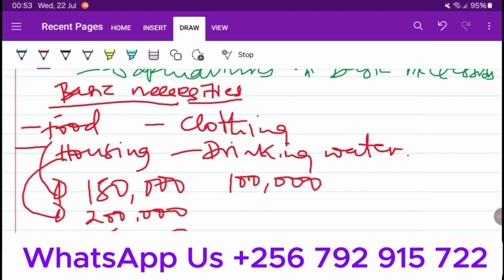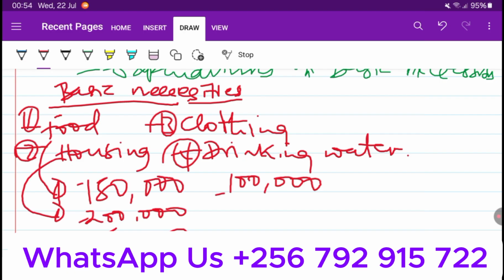Just getting the average of these values by adding the 150 plus the 200 plus the 50,000 plus the 500, and then I divide by 4 because the items are 4. This is 1, 2, 3, and 4. So if I add these and then divide by 4, whatever I'll get,